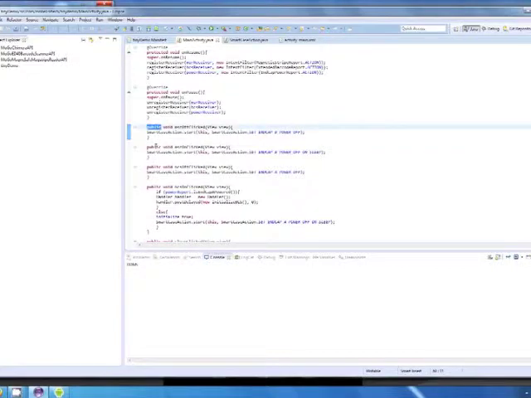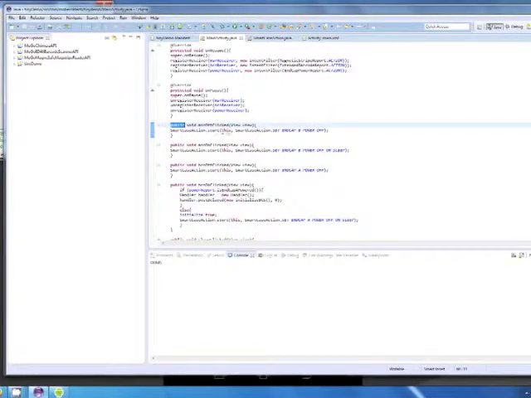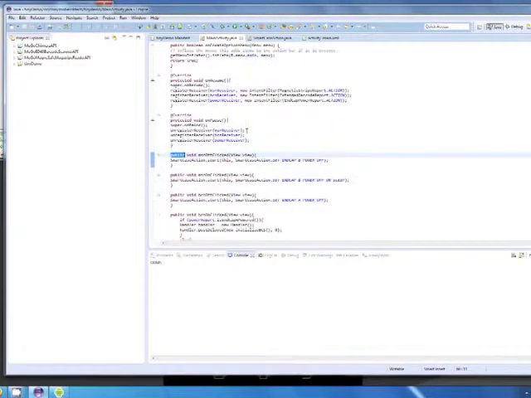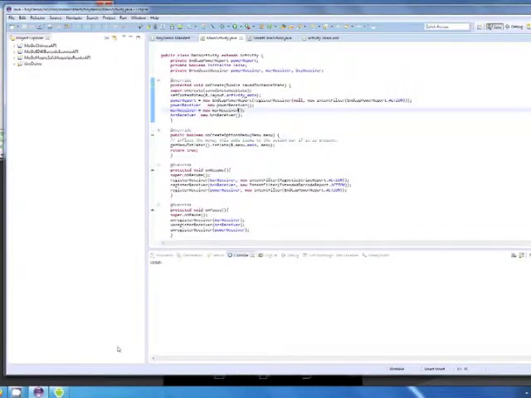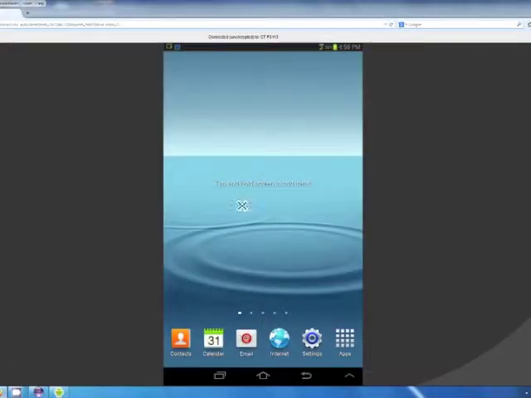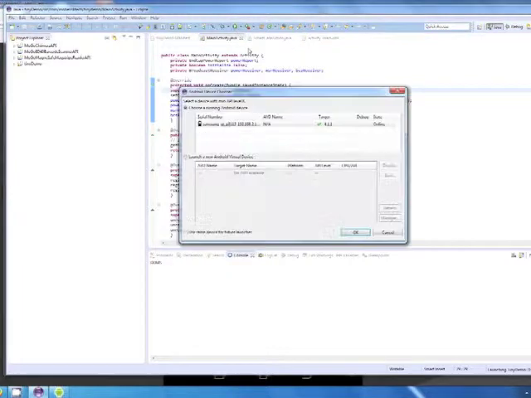Those need to be public so that the layout functions can reach them. So we had those 2 changes to our code, and now we're going to go into our tablet here, and we'll go ahead and compile and run